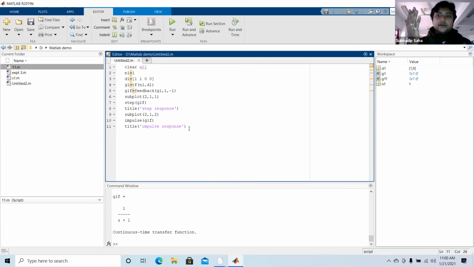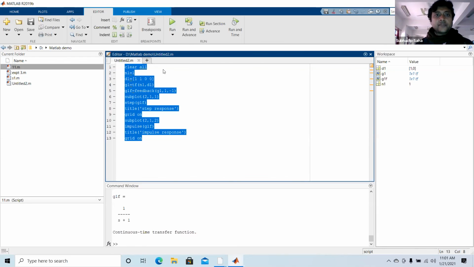On graph paper there are many lines at equal distances, so if you want to see those lines also, it is possible. Just write grid on here under the title, and here also I am writing grid on. Now again I will save, select all the program, and run it.